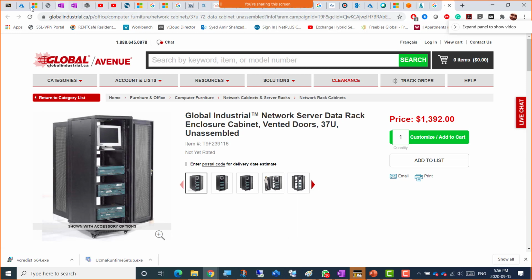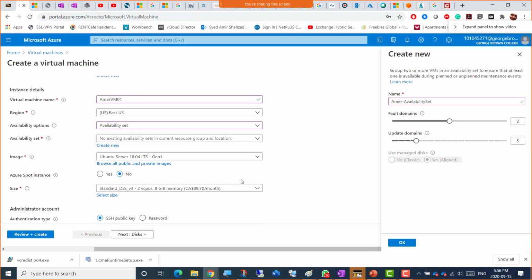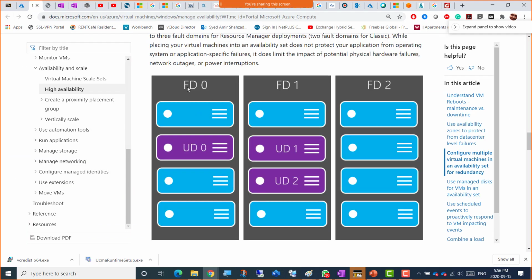Okay, let's go back to what we're talking about. They are going to spread your machines or copies of your machines across different racks and different servers. First of all, the update domain, or UD: if there's an update going on in all the machines or underlying infrastructure on these racks, all servers,